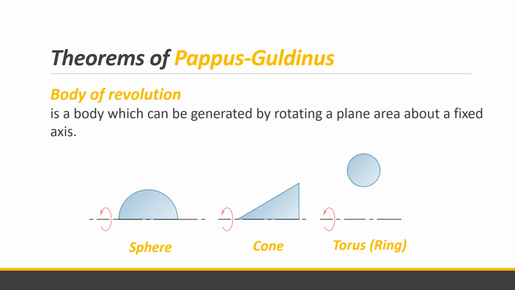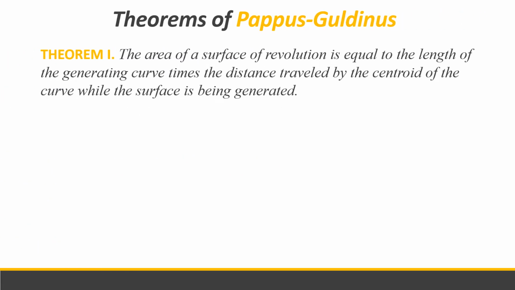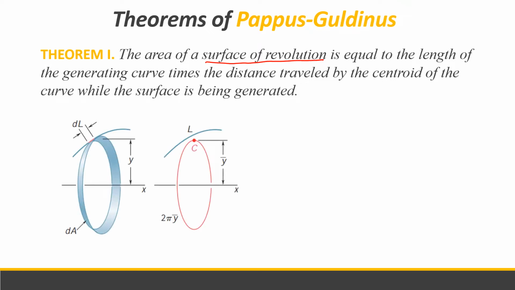Now, theorem 1 of Pappus-Guldinus is the area of a surface of revolution, so surface of revolution, is equal daw to the length of the generating curve times the distance traveled by the centroid of the curve while the surface is being generated. Okay, so para mas maintindihan natin, so say for example here